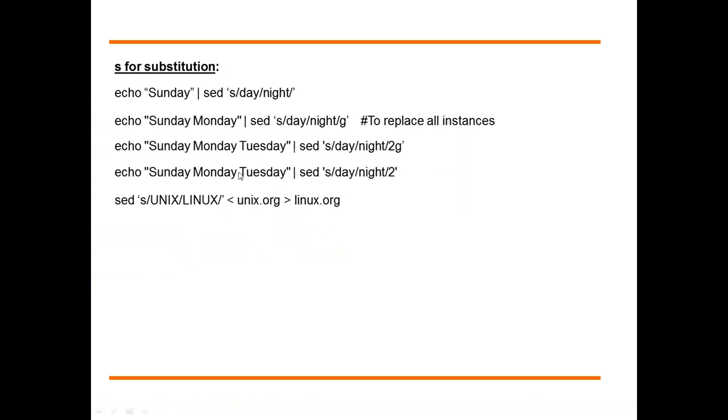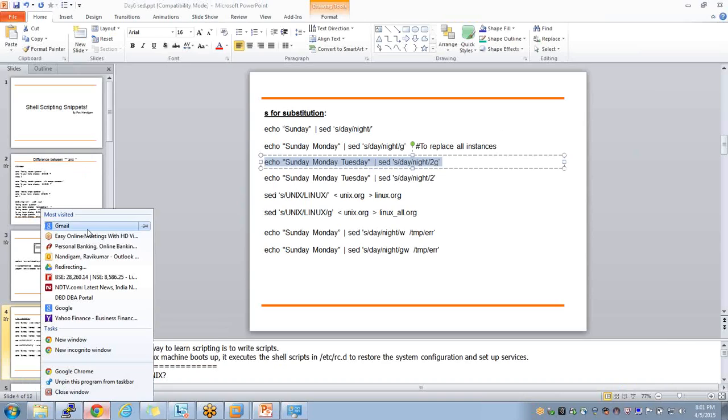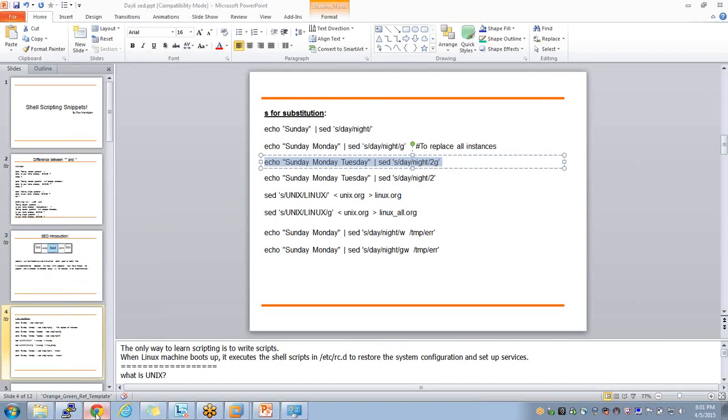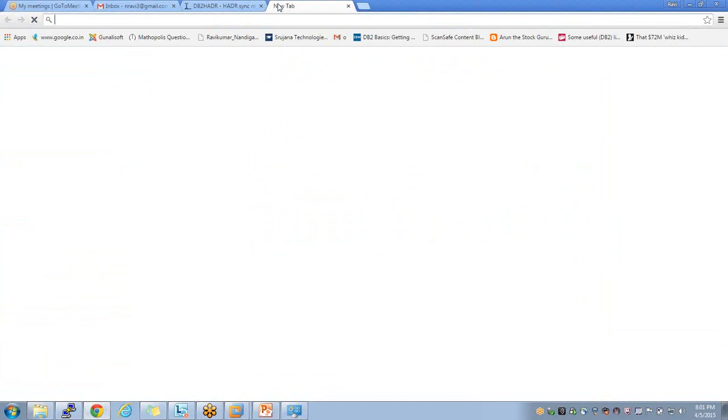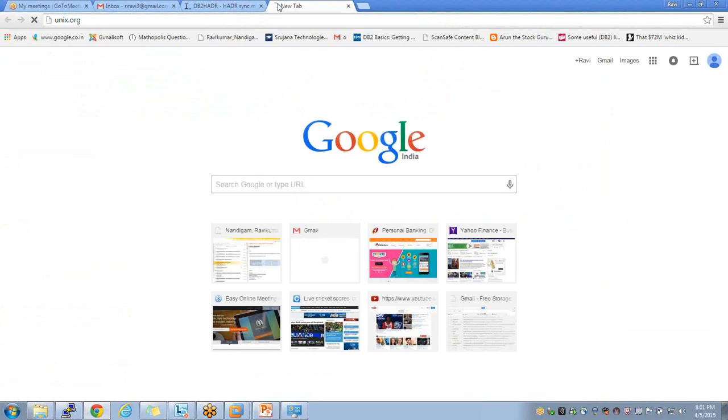Then, if you have some file, you can take input from this file, and you can change all Unix to Linux and move that to linux.org. One example that I most frequently refer to here is unix.org.